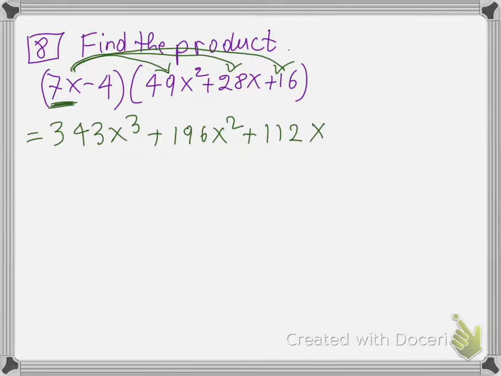And then we're going to distribute the negative 4 into 49x squared, and then into 28x, and then into 16. So negative 4 times 49x squared, 4 times 49, 196,